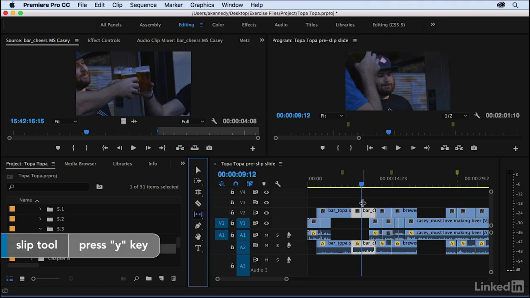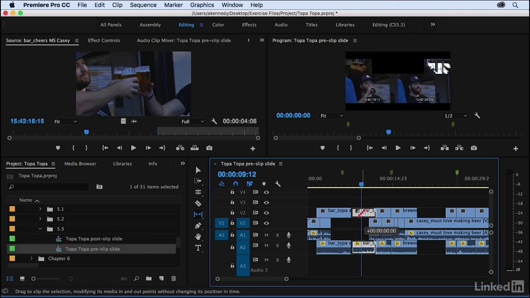So right now you can see that my cursor has changed. And if I click on this clip and then I drag to the left and to the right, I'm able to view all of the frames that I have available within that shot. The frame on the left is the very first frame of the shot, and the frame on the right is the very last frame of the shot. All right, so let's find the moment right before the cheers. So it's about to happen right there, okay? And I'll back up just a little bit so we get their arms coming into the frame,